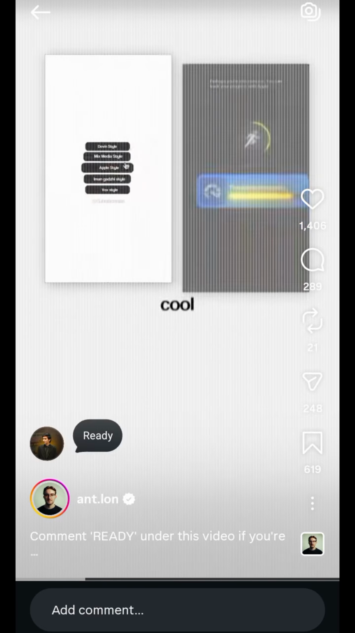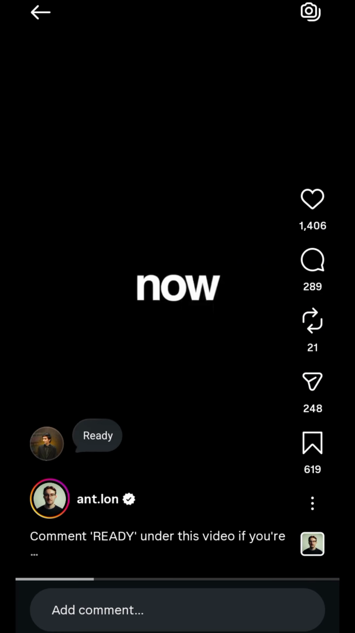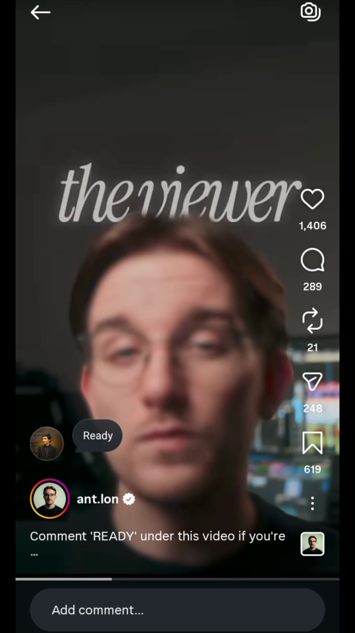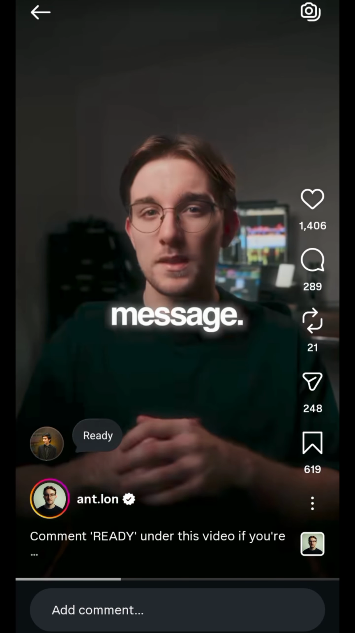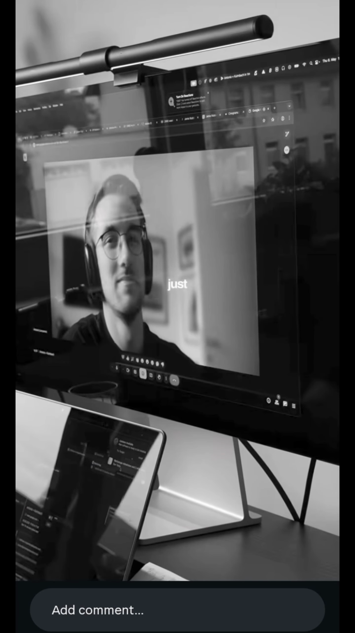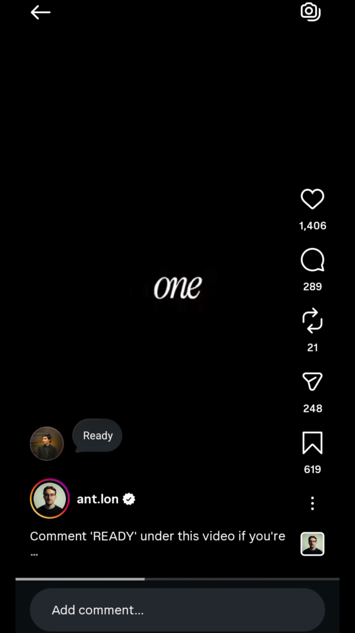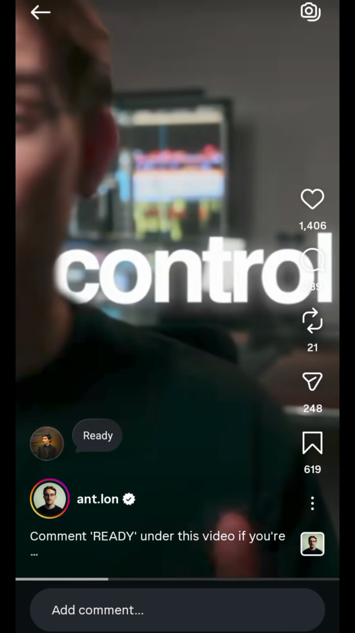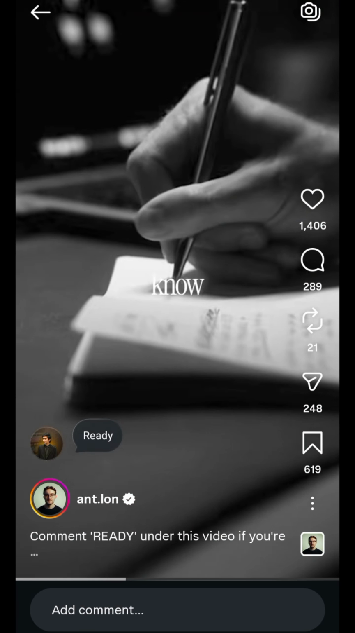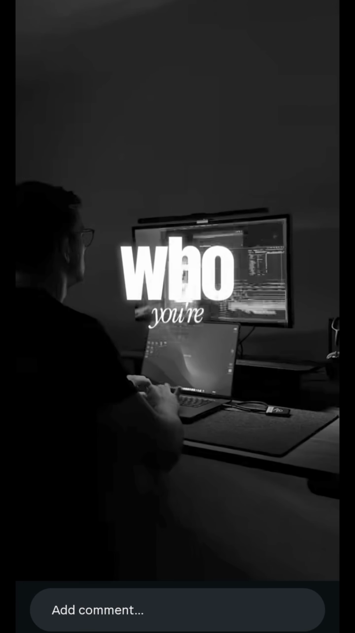UI style animation is cool for sure, and it's also really trendy right now, but it mainly impresses other editors. Editing is about control, guiding the viewer through a video so they instantly get the message. Number 2, know exactly who you're editing for. Let's say you just onboarded a client. Editing is about control, guiding the viewer through a video so they instantly get the message. Number 2, know exactly who you're